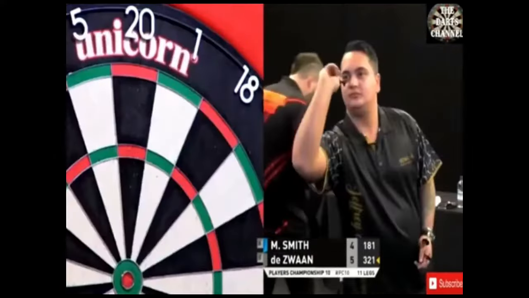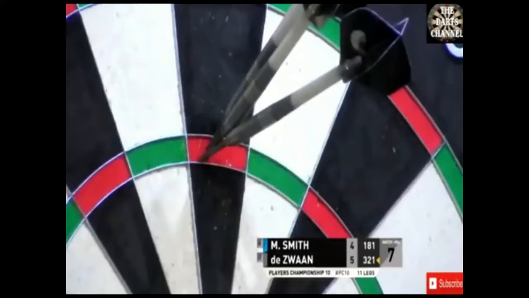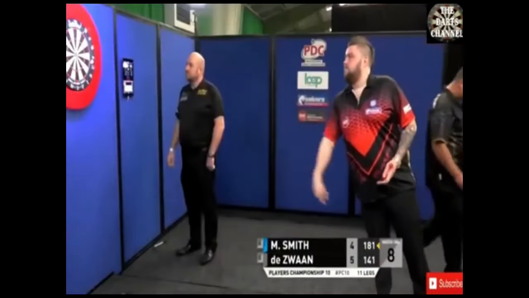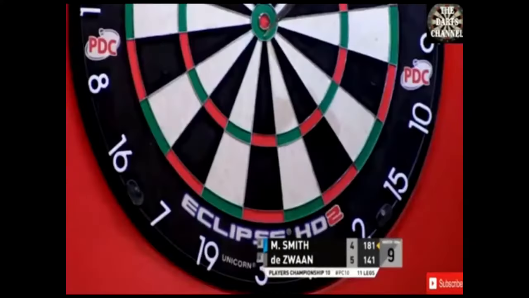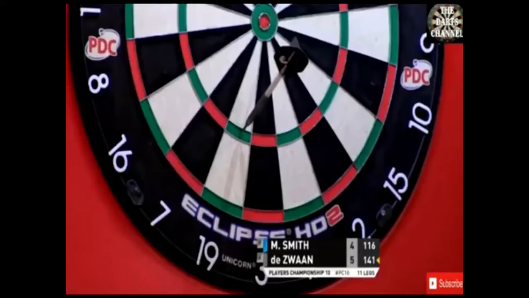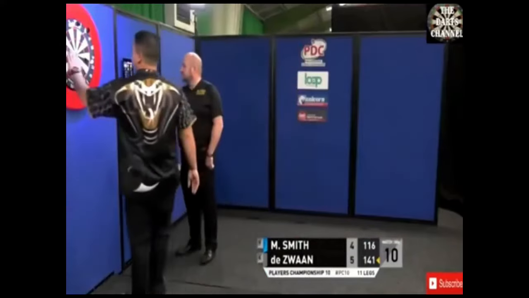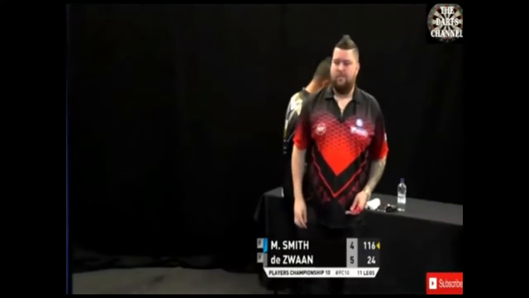Fantastic response, however, from the St Helens man. 180. But JDZ has got ideas of his own. Back-to-back 180s at the start of this 10th leg, which he hopes will be the last. And it will be, if he can fire in the golden 9. And he might. Double 12. 117. And he's missed it. And a missed double for a 9-darter. A show of respect there for Michael Smith. He might...